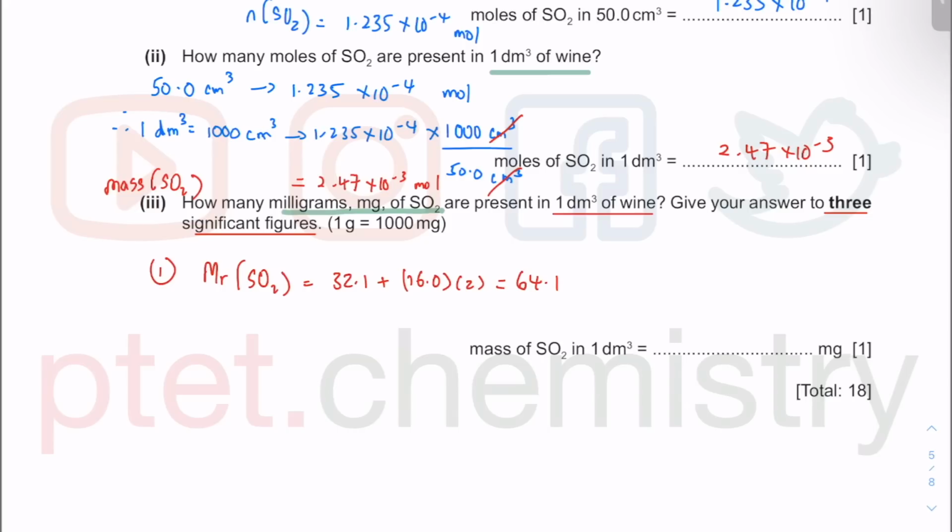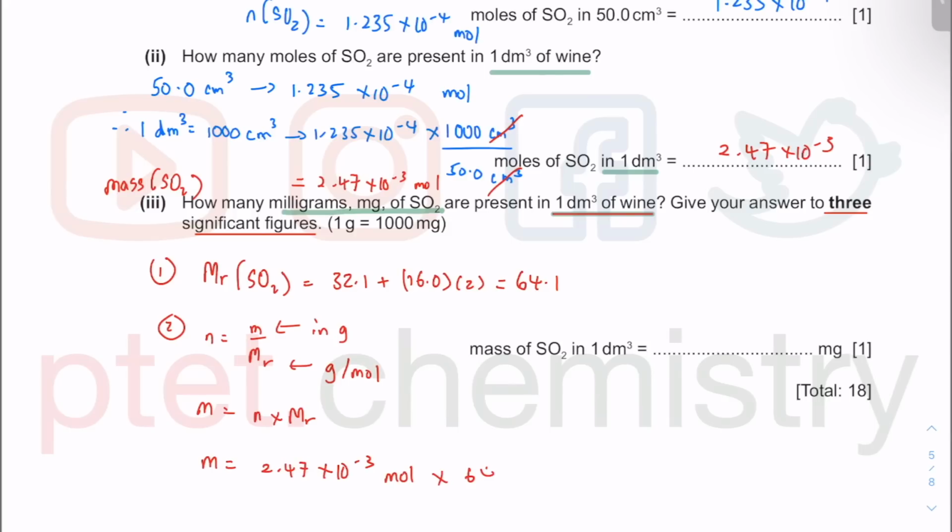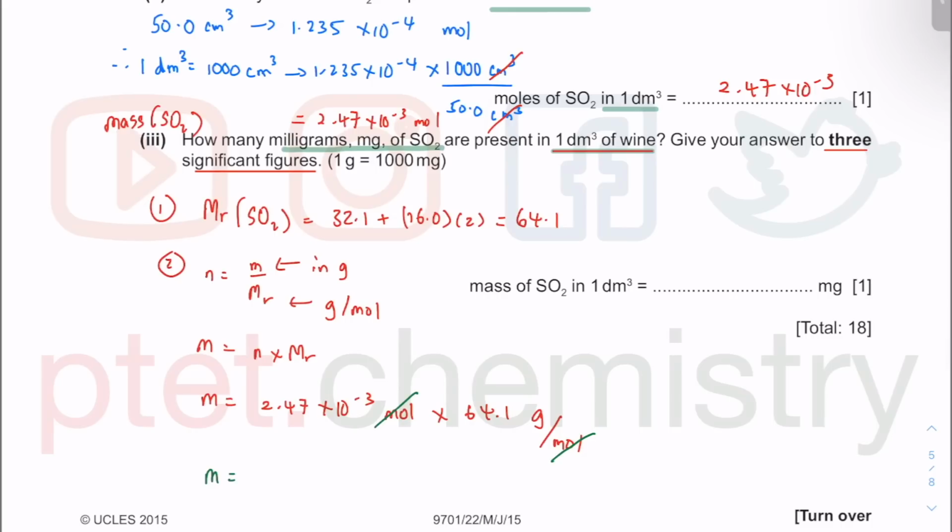So what did I want? They want in 1 dm³ of the wine. So we know in 1 dm³ of the wine, there was this much mole. So if we have mole equals mass over Mr, the mass will be in gram, you see, because the Mr is the mass in gram for 1 mole of the substance. So the mass there is going to be the mole times Mr. So the mole is 2.47 times 10 to the power minus 3 mole. I multiply that by 64.1 gram per mole. The gram per mole and the mole will definitely cancel out. My point is your mass is in gram. So your previous answer times 64.1 and I get